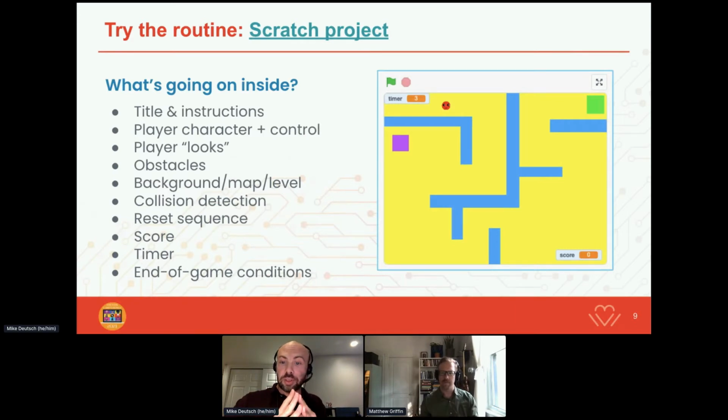The background or the level, that was a thing on its own that we had to build. Collision detection, kind of reset sequence. Anytime I hit a blue wall, a score, and a timer, and then end of game conditions. Those didn't work this time, but I told you about them. So there's an awful lot going on inside this project. This is actually quite advanced. My daughter actually built this when she was in 8th grade